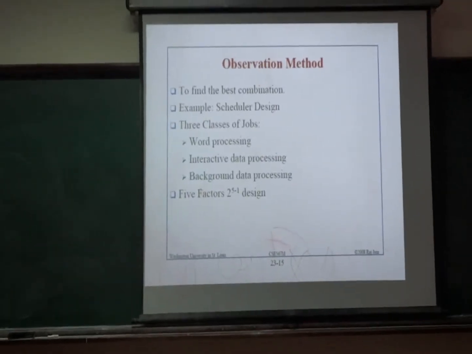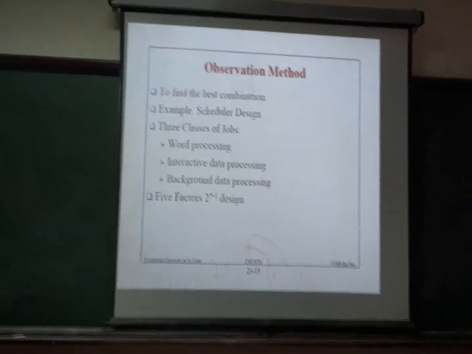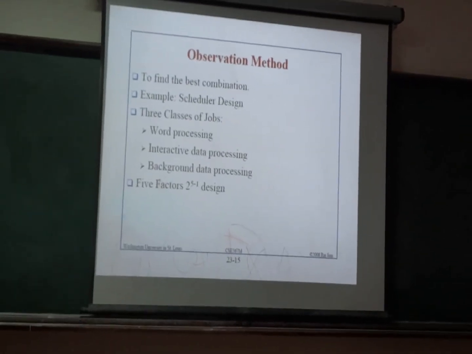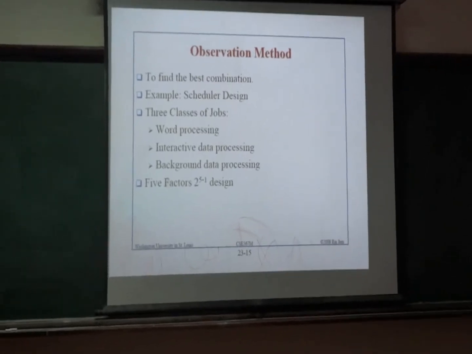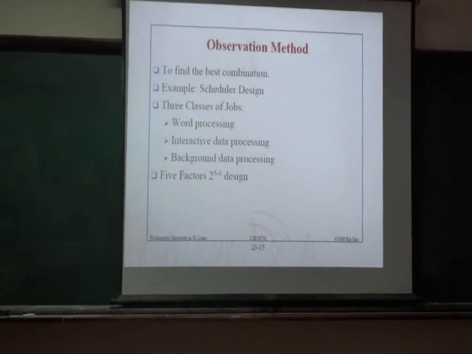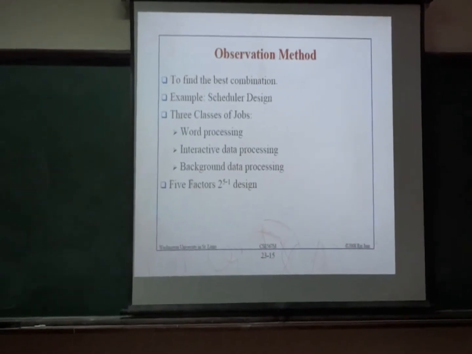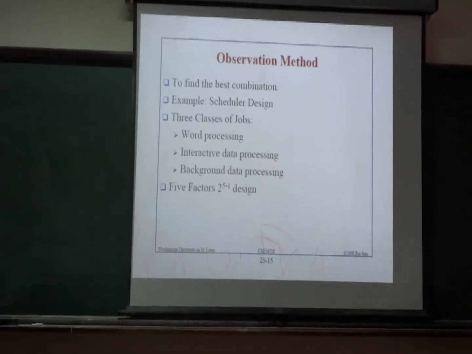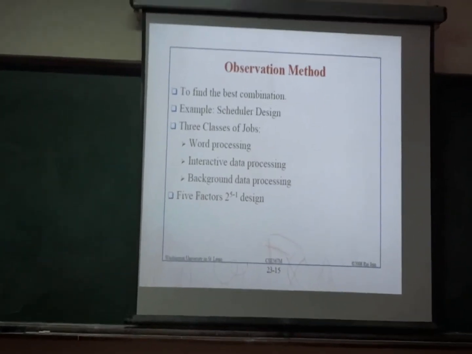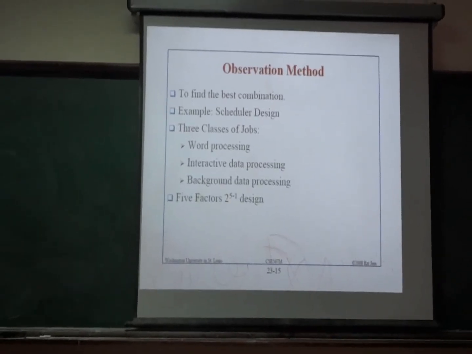There are three informal methods that we are considering. The observation method. For explaining this, we are considering that the response variable is a higher-is-better or a lower-is-better metric, and the goal is simply to find the combination of factor levels that produces the best response. Then a simple look at the mean response column is sufficient to find the answer. The experiment corresponding to the highest response or the lowest response is found, and its levels give the desired combination.